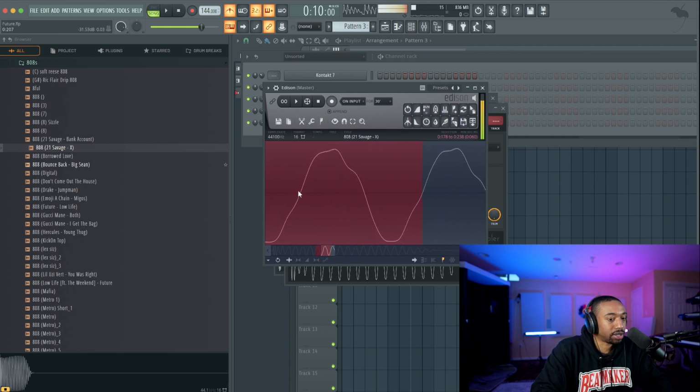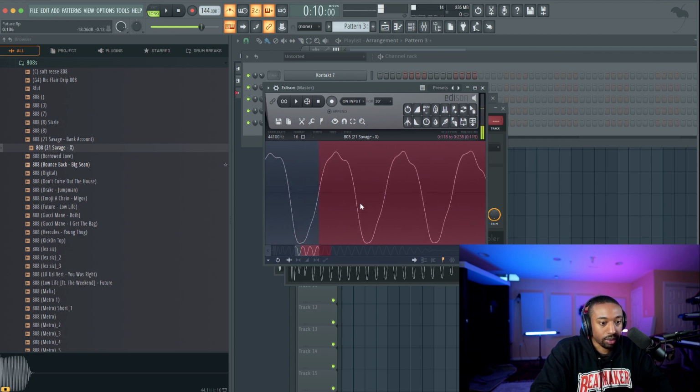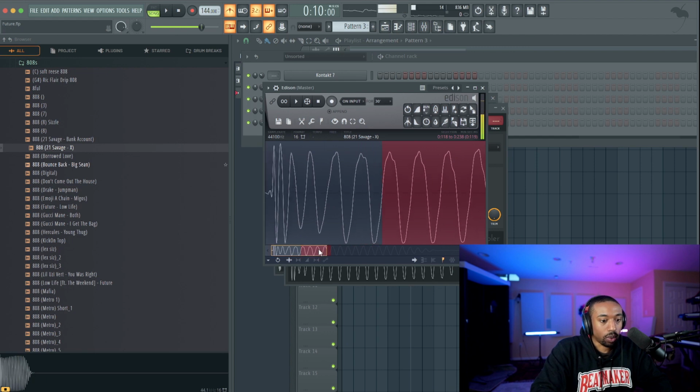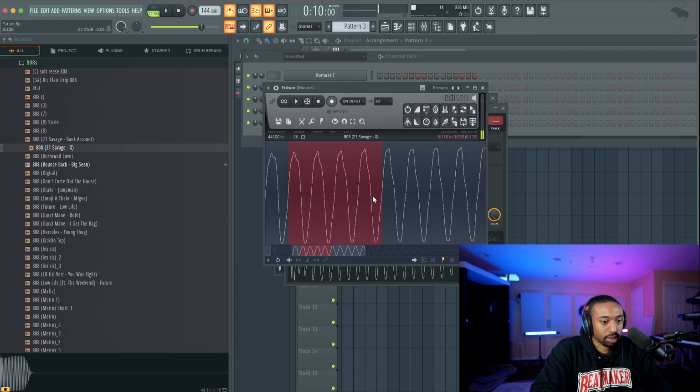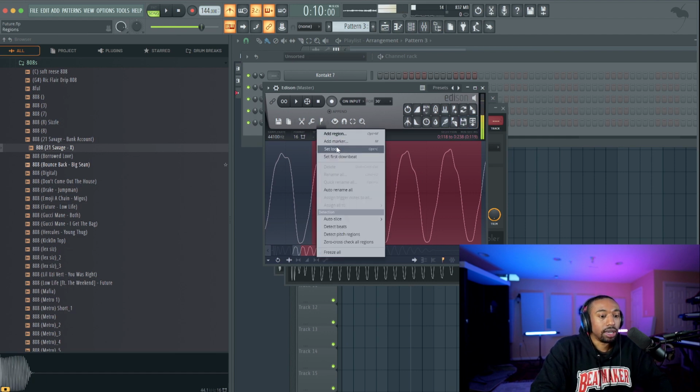Now the key is I want to start right here in the wave, like right where my mouse is. I want to start here, go up, go down, end. I'm trying to find an area where I can kind of lock that in. So we go up, down, up, down. We might not be able to grasp onto one cycle, but we'll be able to at least. Okay, so it starts in the middle, goes up, and at the end it starts in the middle, goes down, and goes back to the middle. So we're going to loop this. Go to regions and set loop.